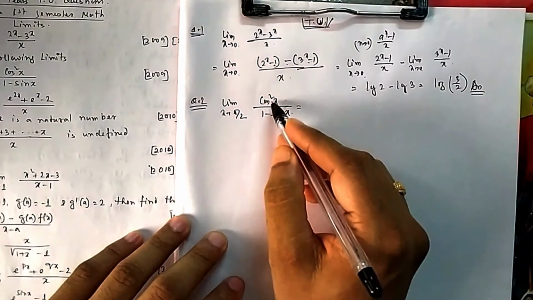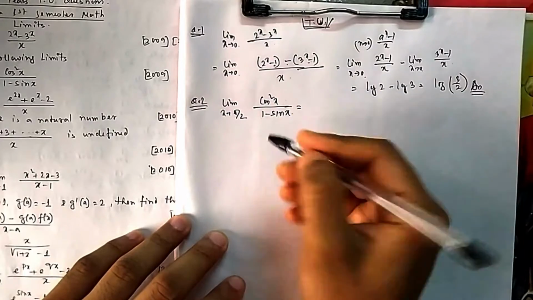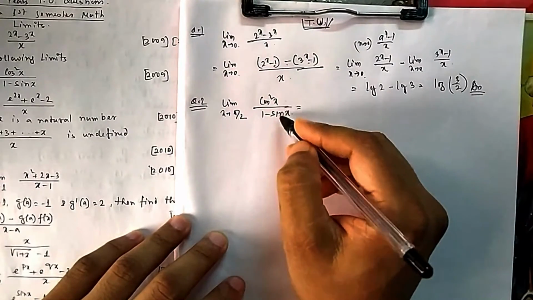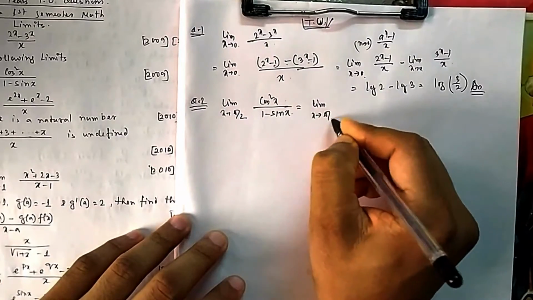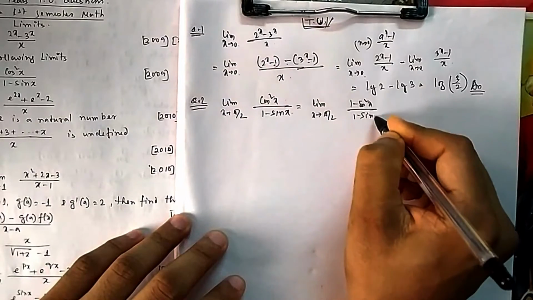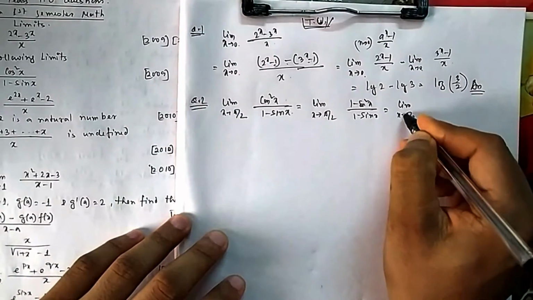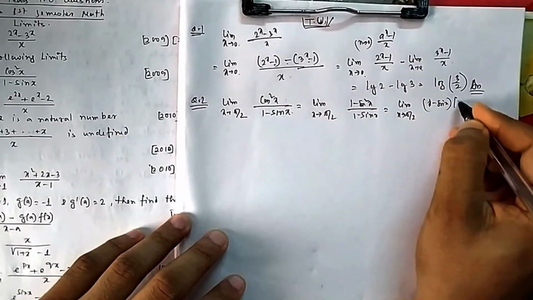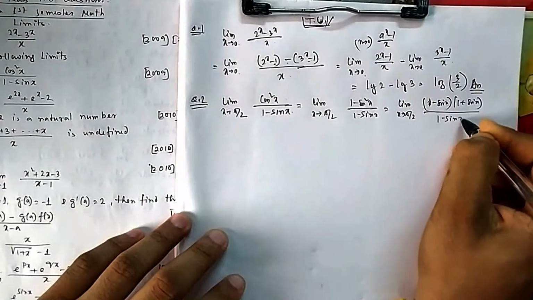Now, because only one formula is there in trigonometry, sine or tan, it is better you go to sine. And there is also a benefit: 1 minus sine square, then you can factorize the numerator and denominator and cancel one factor. The limit as x tends to pi by 2 of (1 minus sine square x) divided by (1 minus sine x). If you factorize the numerator, a minus b into a plus b, you get (1 minus sine x) into (1 plus sine x). Now can you cancel 1 minus sine x in the numerator?